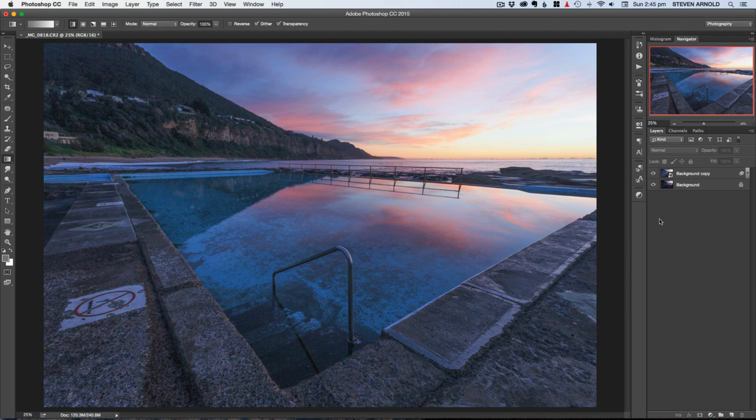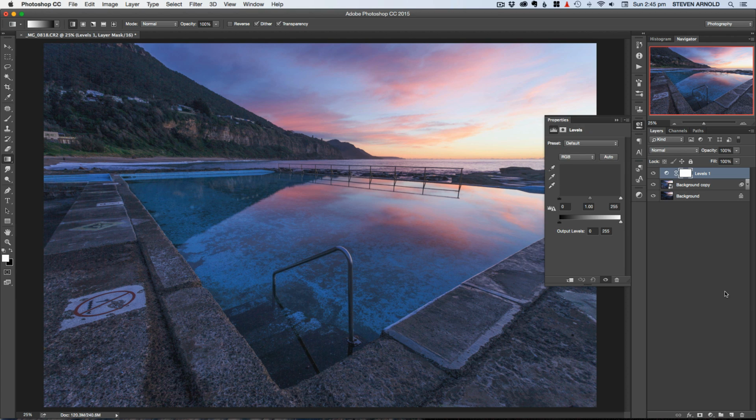So we're working on the same image as what we left off with in the last video, and at the moment it's quite low contrast. We've just taken the raw file and increased the shadow brightness to get to where we are now. And so the first way that I would boost colours in an image is simply by adding contrast using a